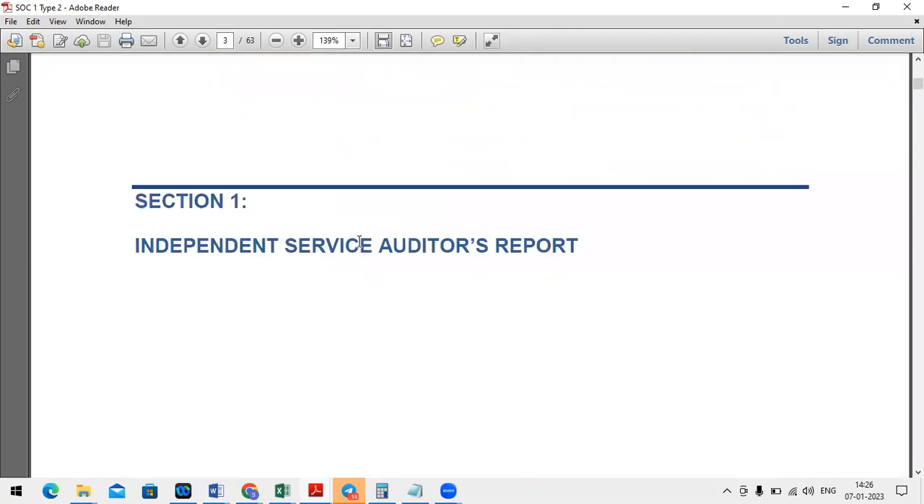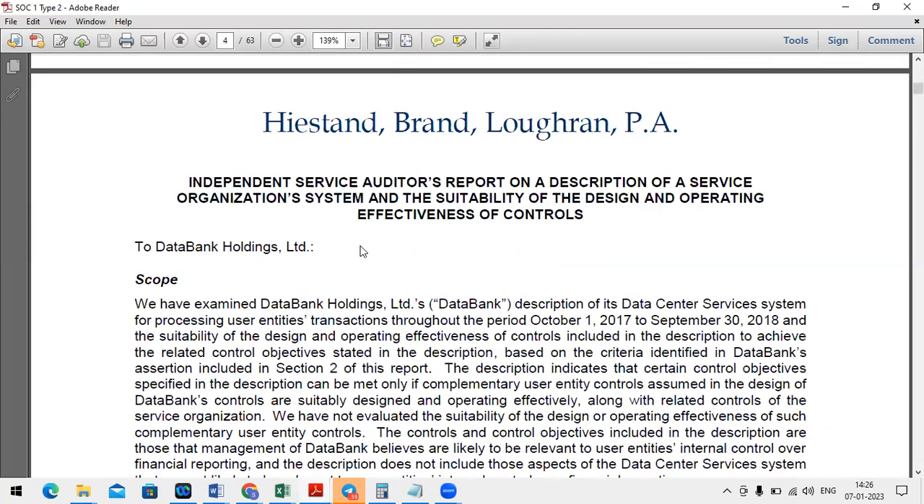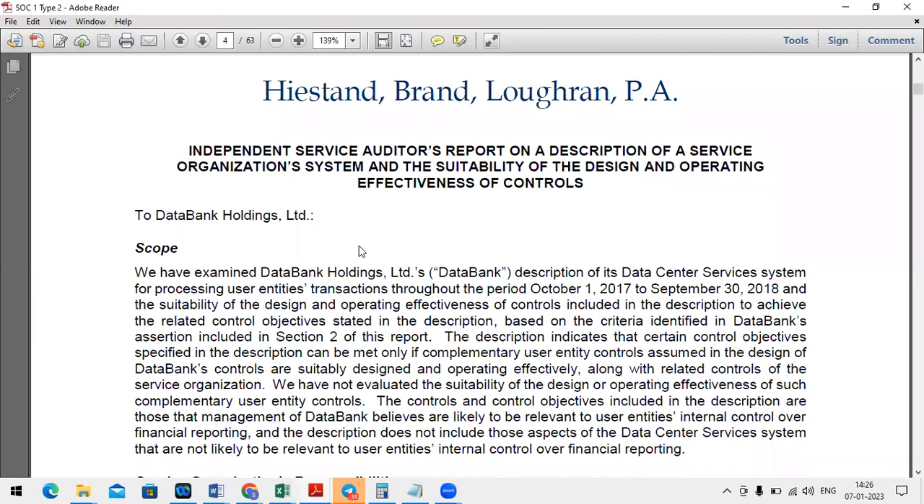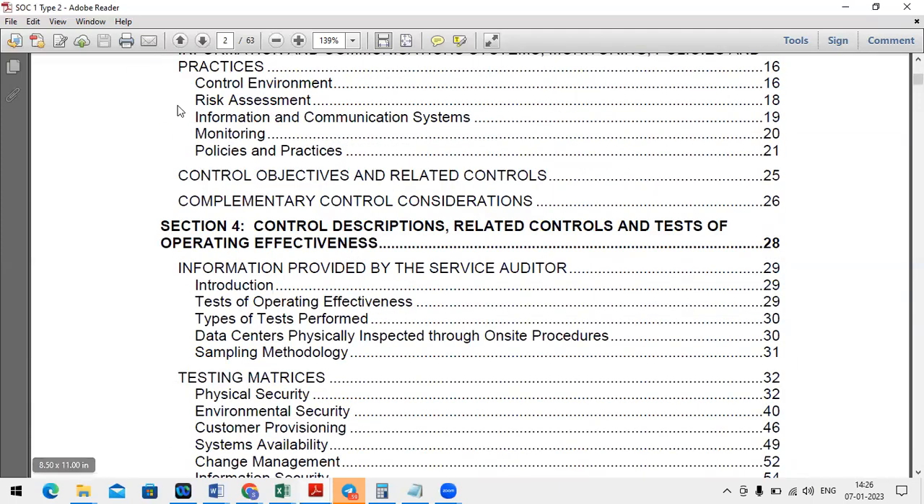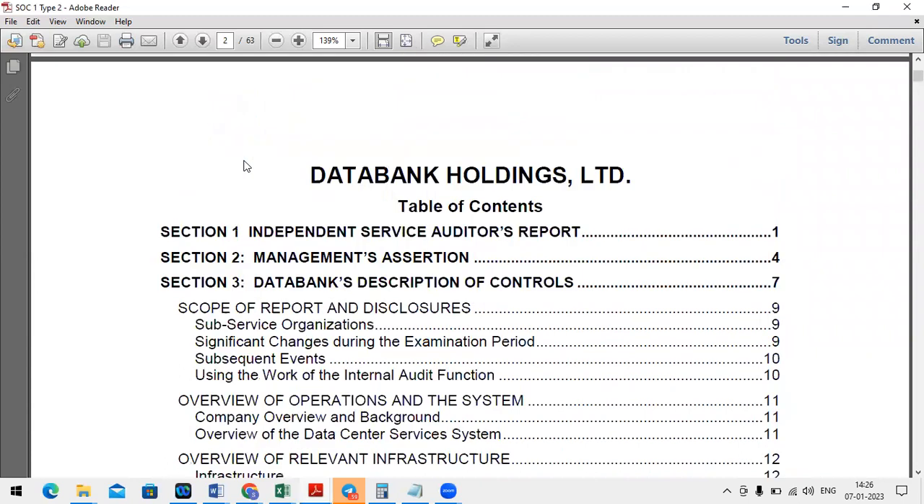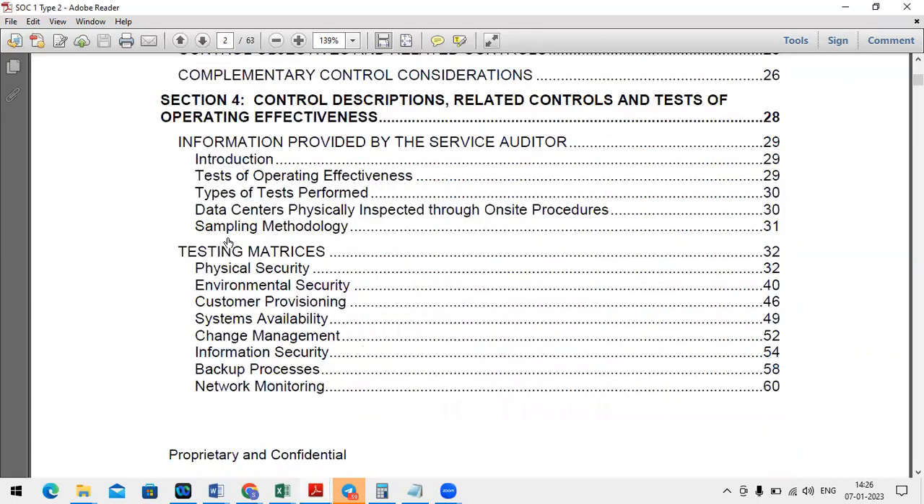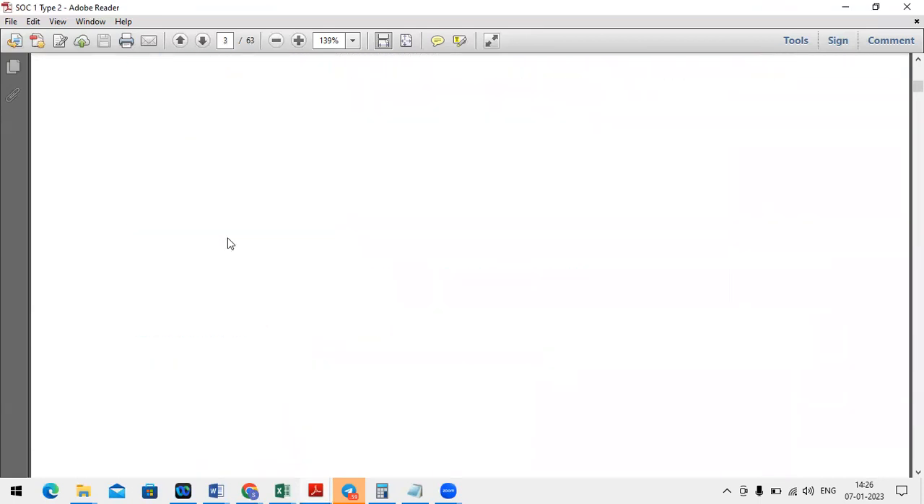Now, the very first thing is the independent auditor's opinion. Every company has this format ready, because they are providing these reports to their user organizations all the time. The only things they have to change are the third and fourth sections. The first and second sections would remain the same. The third and fourth sections they will change every time they provide this report to a